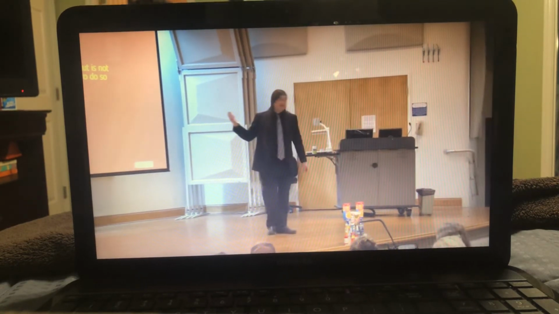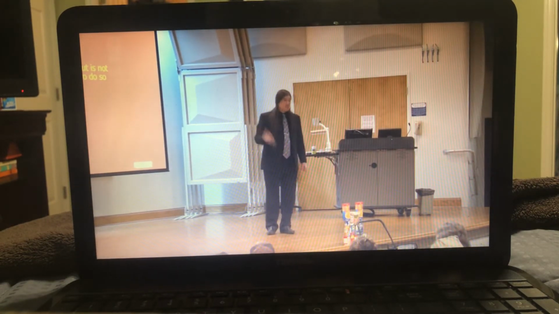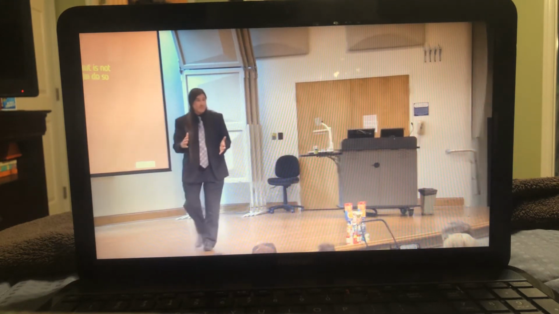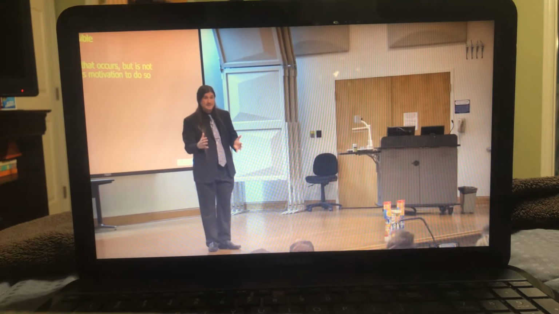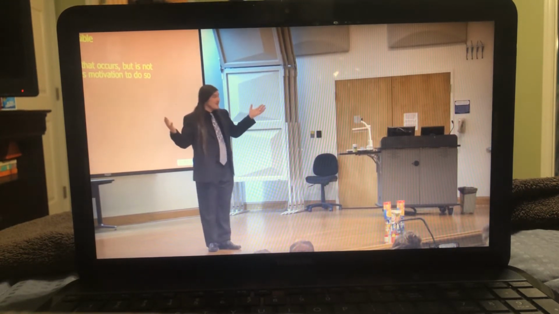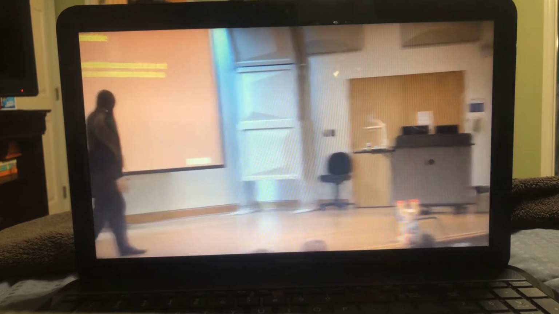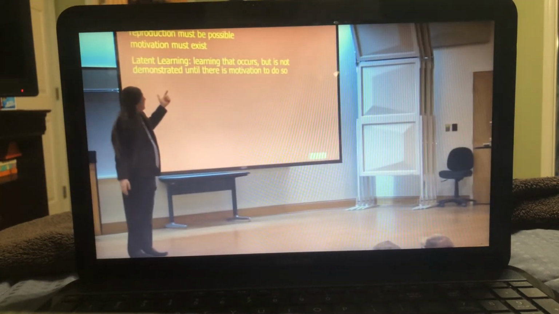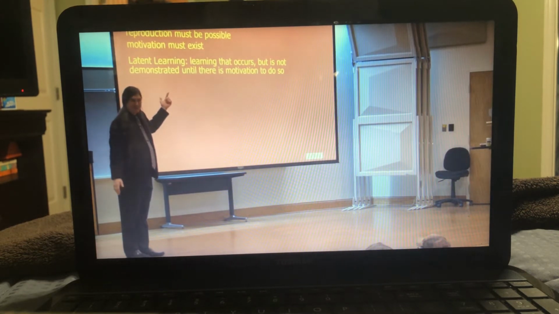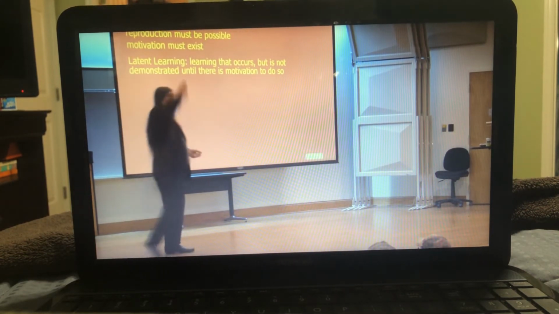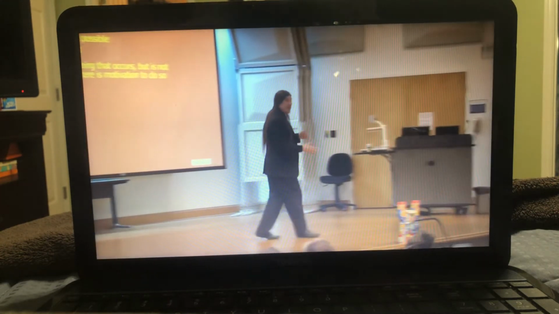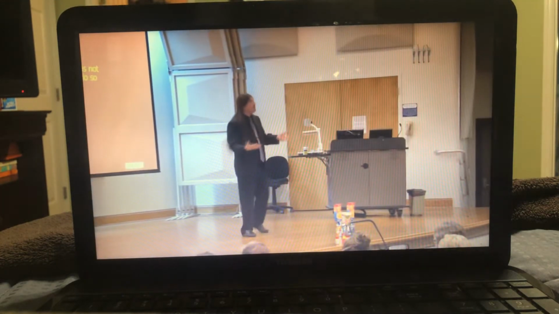And I use an example with my son where when he was really little, he used to watch his sister do the dishes. There's a 12-year difference between them, right? She hated doing dishes, but he loved her, and so he wanted to do dishes, right? So he paid attention. He can remember how, but you don't let a 5-year-old do the dishes, do you? Right? Because they're going to break them. So he couldn't really do it. He couldn't put the dishes up. He couldn't hold on to them without dropping them. So we didn't let him do the dishes, but he pretended to do the dishes. So he understood the concept.